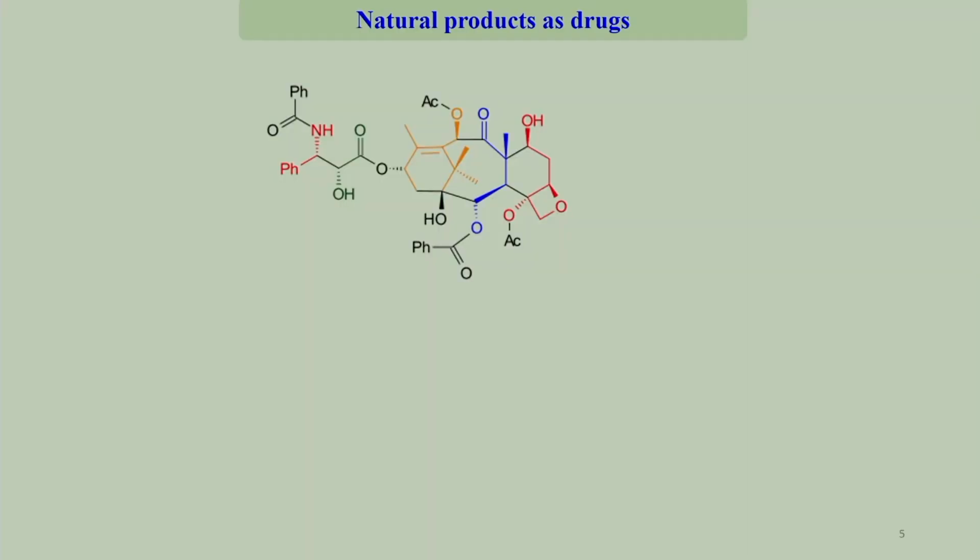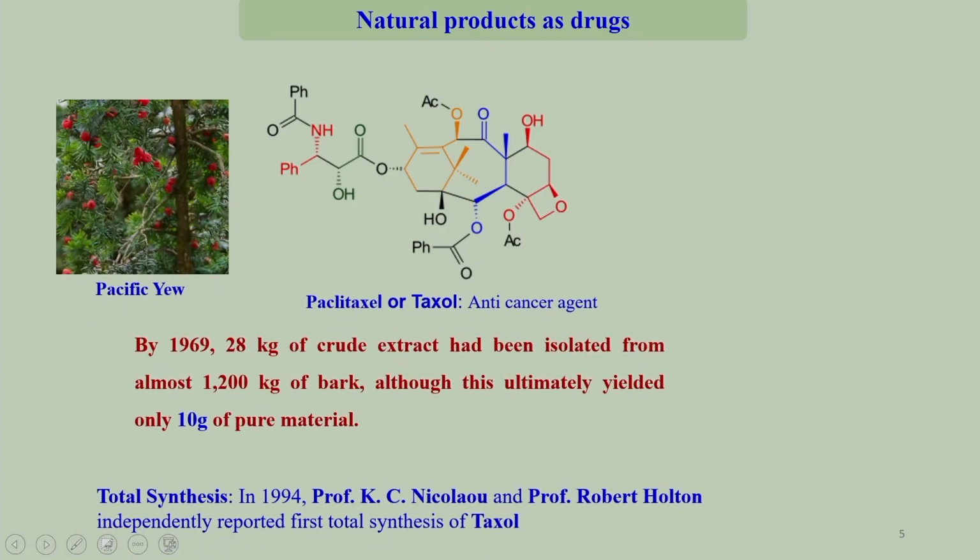All right. So, this is a molecule. This is an organic molecule actually. It is a large molecule. Can you recognize this molecule? Can you recognize this organic compound? Well, this is paclitaxel or taxol, a very celebrated organic compound. This is one of the most effective anti-cancer agents in the market.